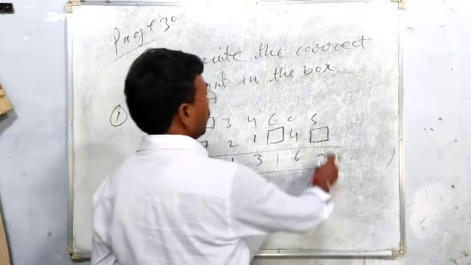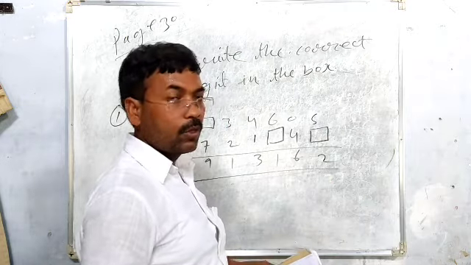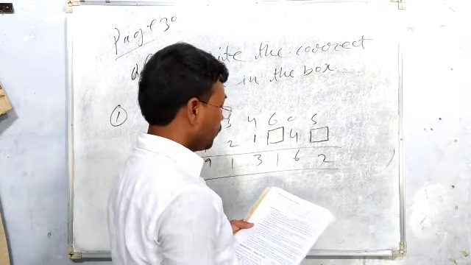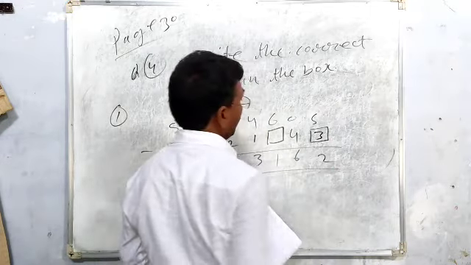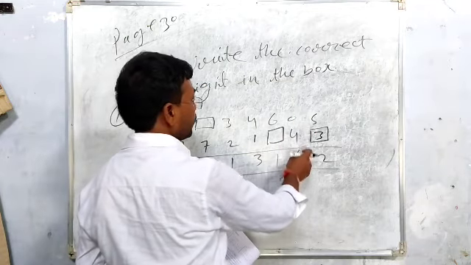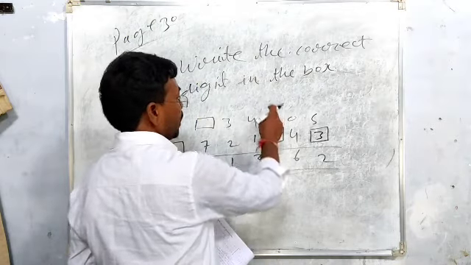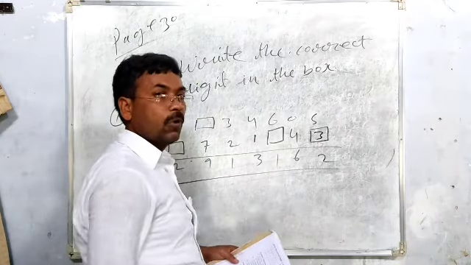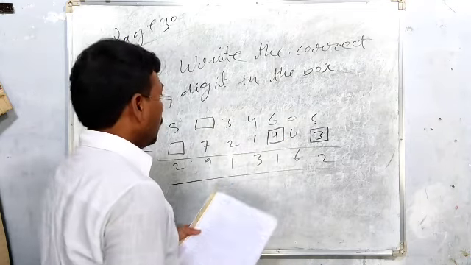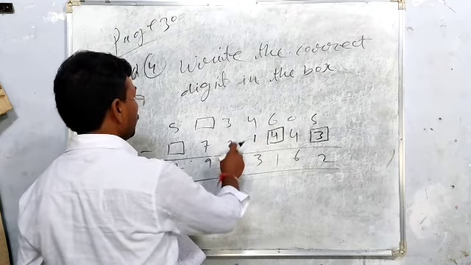Then you have to think which number subtracted from 5 becomes 2. Do you know which number subtracted from 5 will be 2? So here will be 3. So you write here 3. And here you have to subtract this one. 10 minus 4 is 6 already. Here 5 is remaining. So you can think which number subtracted from 5 becomes 1. So here should be 4. And then here 4 minus 1 is 3. 3 minus 2 is 1.